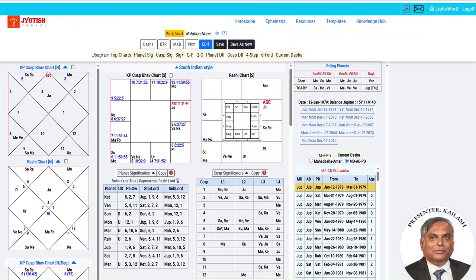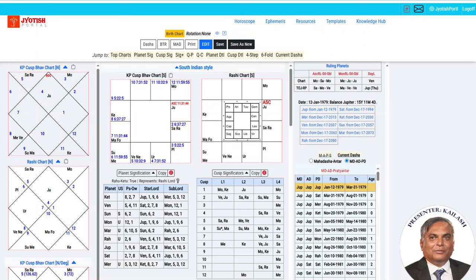Welcome. Recently, I had a Google Meet discussion about a horoscope regarding the current bad phase of financial strain. And we did also explore the possible remedies. So, this is the horoscope of that gentleman. And since this point about the bad current financial phase came up so many times, I thought that first